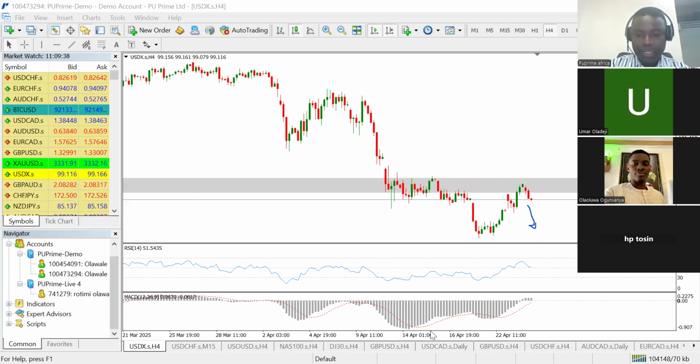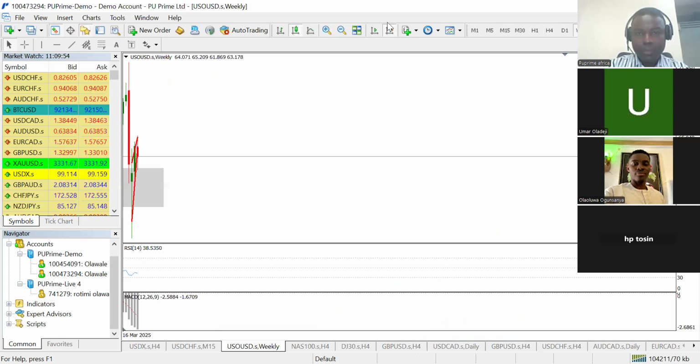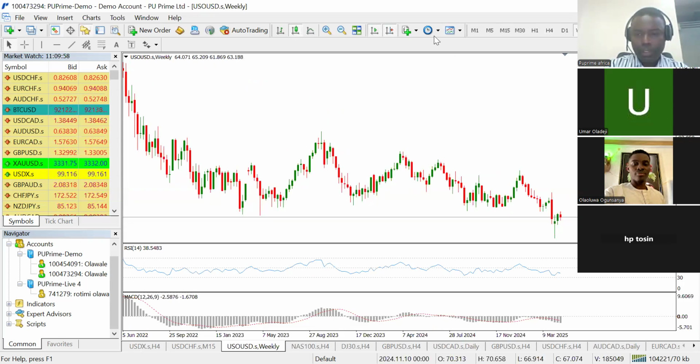And next I'll be looking at is the US oil. That's the USD. That's the US oil. Now for the US oil, this instrument has been trending downwards for quite some time. We've seen some massive bearish movement. Price has dropped massively up until 2 weeks ago when there seems to be some rebound in price. You can see that 3 weeks ago closed as a rejection candle. And last week we saw some bullish movement.